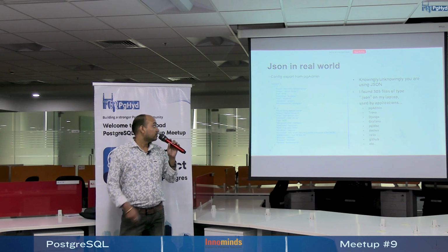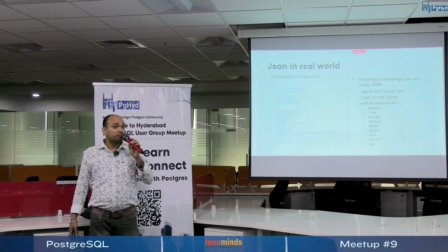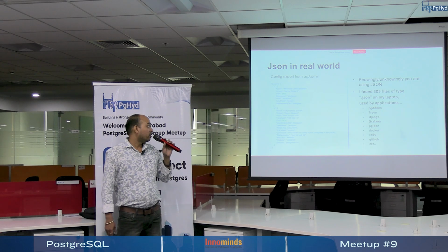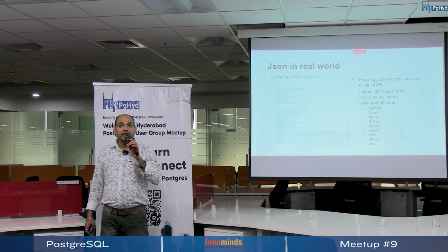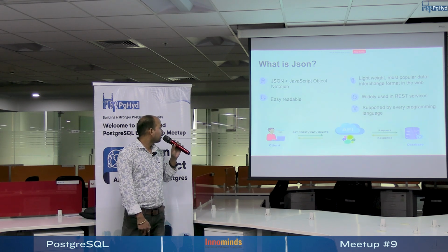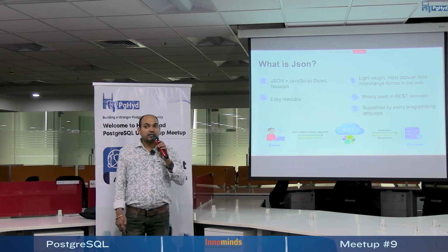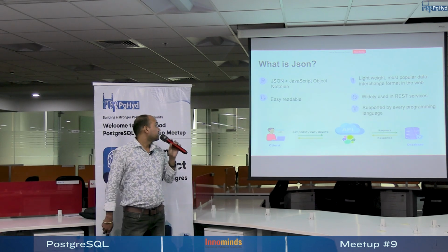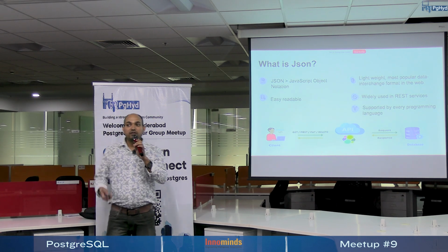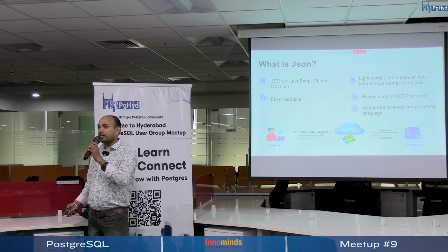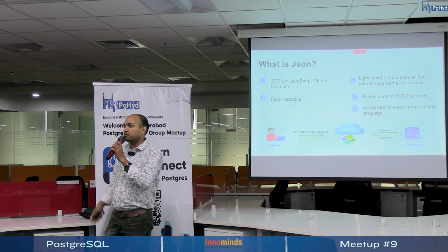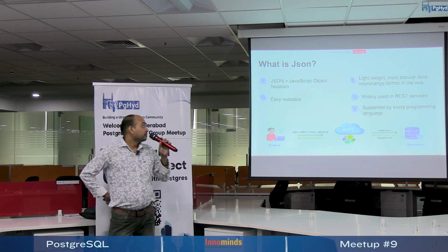On the right side, the image shows some of the tools which everyone uses, like Grafana or Docker or GitHub. All of them have some kind of JSON in some format. Now let's see what JSON is. As I said, JSON stands for JavaScript Object Notation. It's very easily readable, which means you have a key and value. Anytime you pick a value, you have the metadata attached to it, so that it gives you the proper meaning, right? And it is very lightweight,